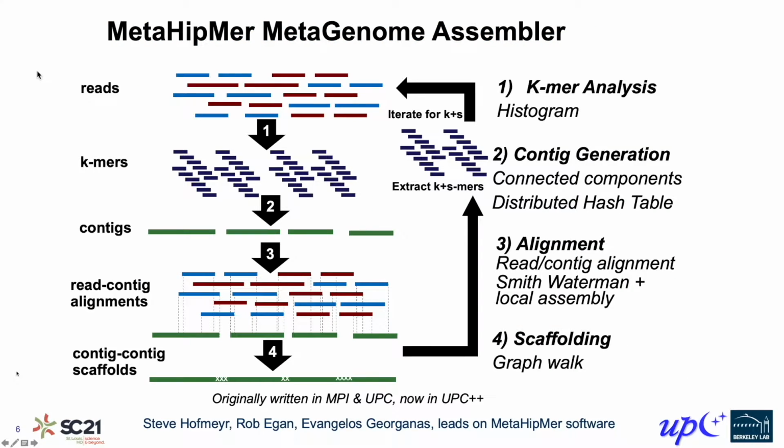A high-level summary of the assembly process is shown here. There are 4 main steps performed multiple times. It takes the raw sequence reads as input, and recall that these may contain errors, but they should also contain multiple copies of any region of the genome, so we filter out the erroneous fragments.